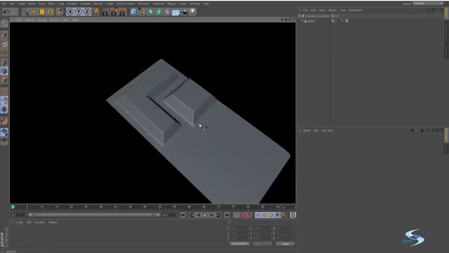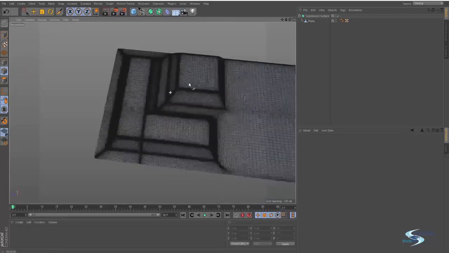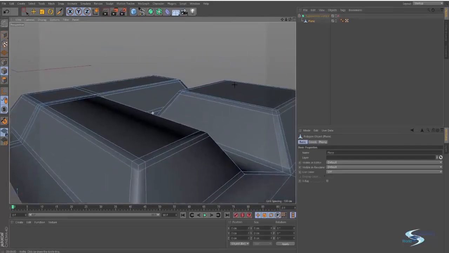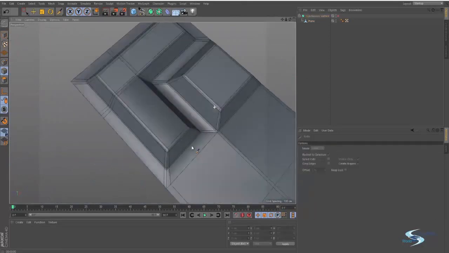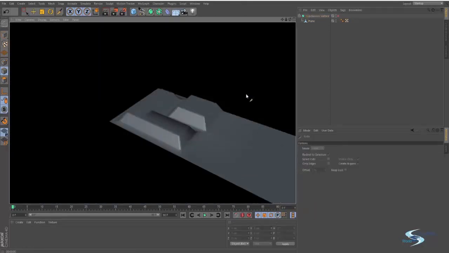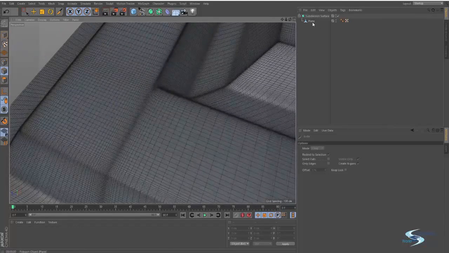So we've got this right now, and it's basically what we had when it wasn't subdivided, but the difference between this and this is that we have got nice smooth but still sharp corners,